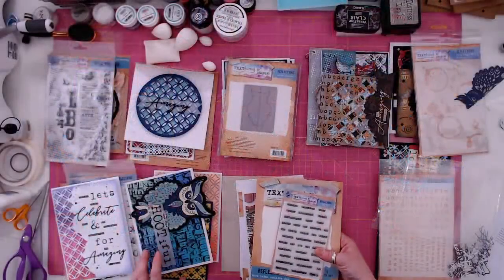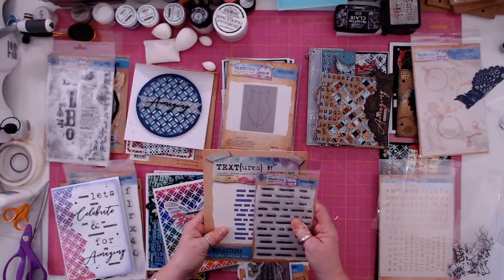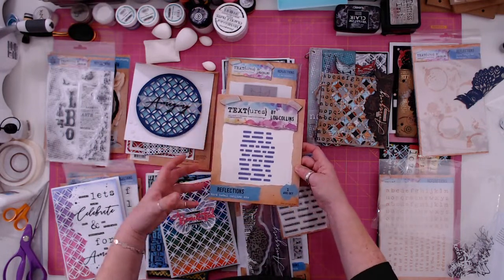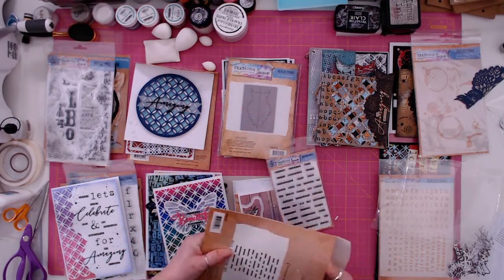Right, I'm moving on to these because I really love this, and I'm not just saying it. I love this because I love the lettering because there's so much you can do with it, and I love the fact that you've got something really different with the owl. So the next thing we've got is a die. So this die,